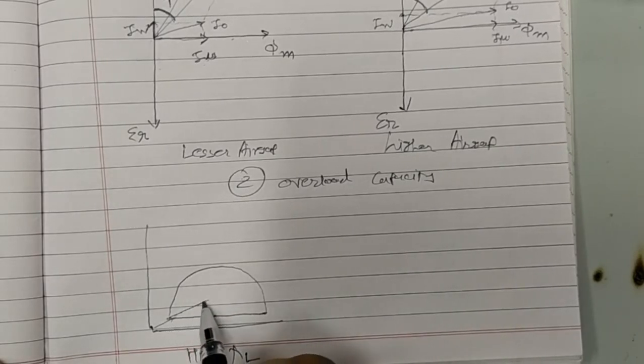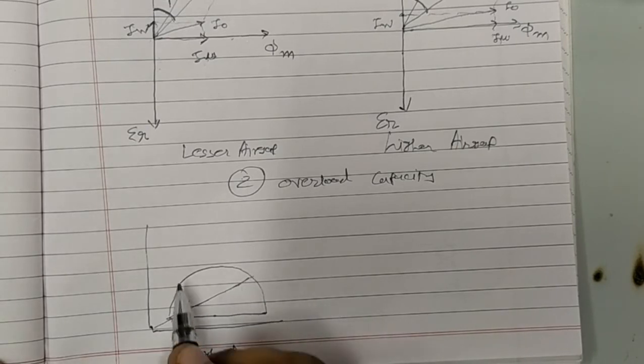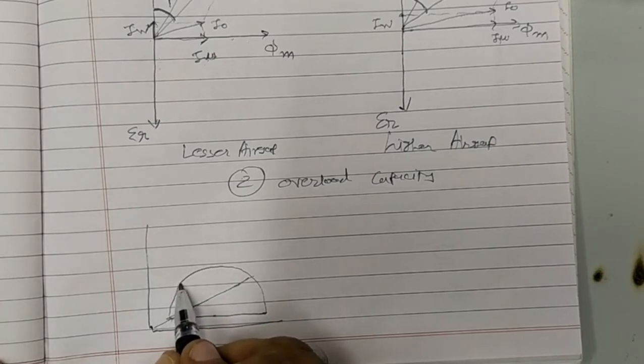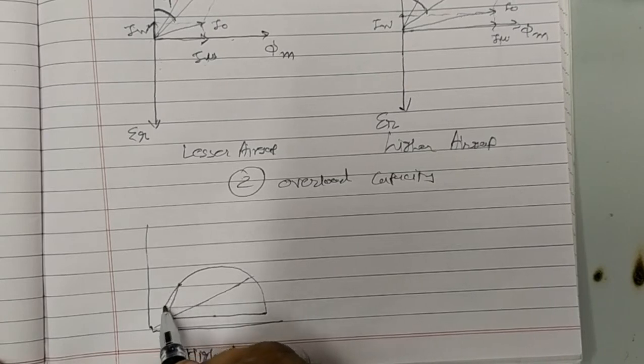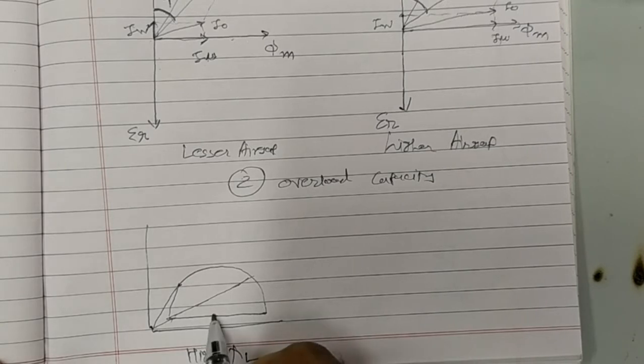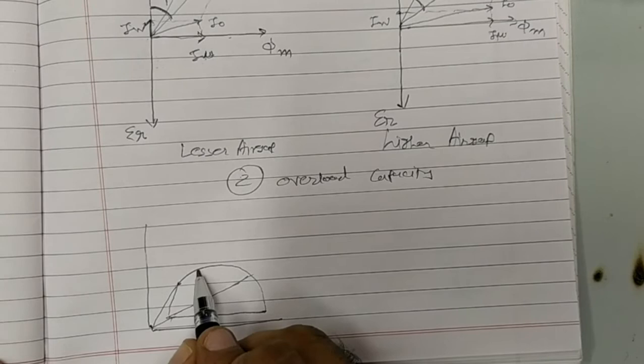We have roughly some output line like this. And the locus of the current is this. Anywhere I can have the value of the current, and I can find out the output. Let us say any point, this point, if I want to find out the output, then